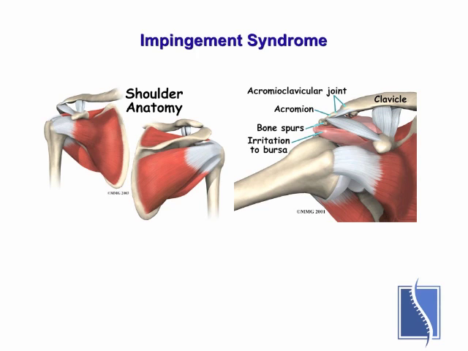So with that brief introduction, let's take a look at the condition that we refer to as impingement syndrome. Now what you're looking at here is an illustration of the anatomy of the rotator cuff on the left. The rotator cuff are four muscles that run from the shoulder blade to the upper part of the arm and form a cuff around the upper part of the arm. They're a very important group of muscles. In fact, in the rehab world, we say that the key to rehabbing a shoulder condition is the rehabilitation of